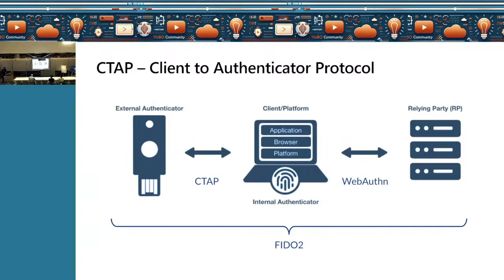CTAP is the language your authenticator uses to talk to your browser or computer. Okay, for example, if you plug in a USB key, CTAP is the protocol that makes sure that the computer and the key are talking securely. If you're using Bluetooth, for that matter, which we were discussing, or NFC, CTAP ensures that the communication is both safe and limited to the close range. So it can't be hijacked from far away.